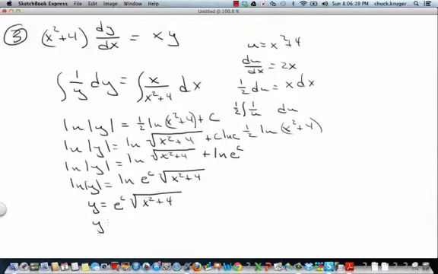But e to the c is a constant. So I'm going to write y equals c times the square root of x squared plus 4. And this is my general solution. Now, if I have a particular solution, and let's say the point that I'm choosing is (0, e),